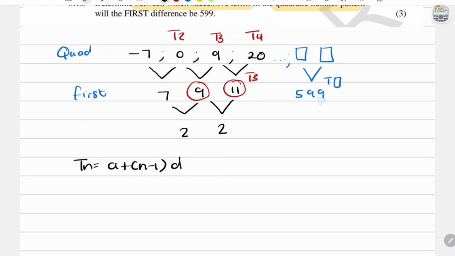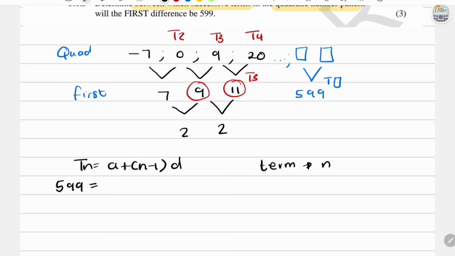And so, in order to find out which term exactly has this value, we're going to substitute in here. So, which term has this value? Meaning we're looking for a term number. We're looking for the value of n here. The value that we have is 599. So that's going to be substituted in place of Tn. So 599 is equal to